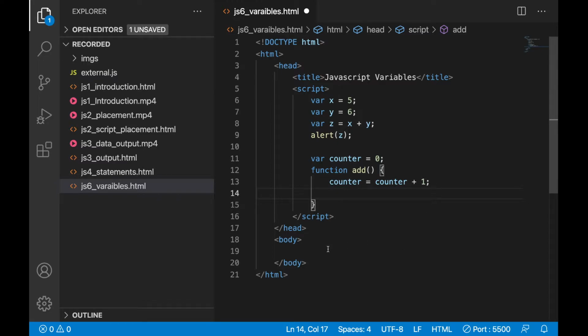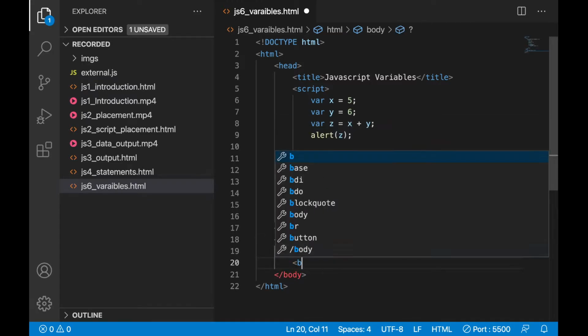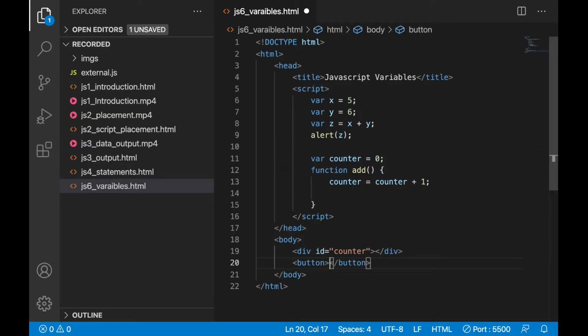I want to create one element and two buttons. Before that, let's add one div. Let's give some id equal to counter. Let's add two buttons. Button add.